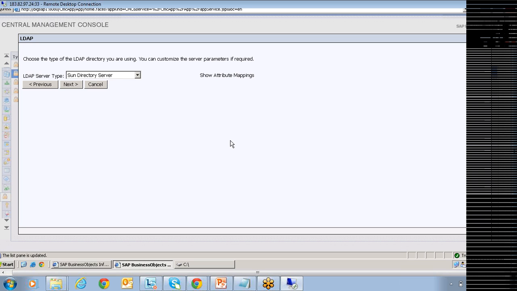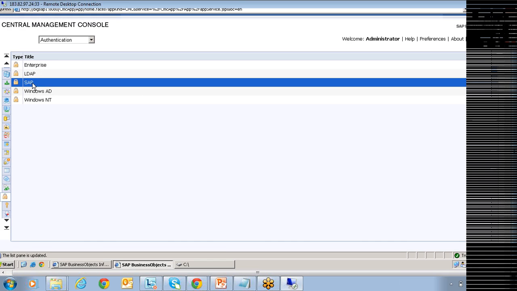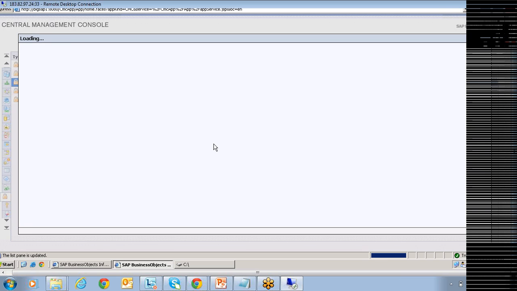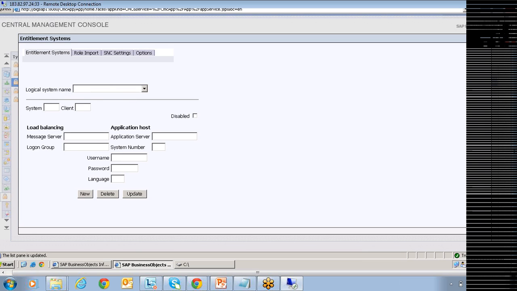For example, let's take an example of SAP BW user IDs. I have users that belong to the SAP BW application, and I want them to have access to my BO as well, but I don't want two different user IDs to be used, one for BO and one for BW. I want them to use the same account that they have used in BW and log into my BO machine. So in that scenario, you need to select SAP, double click on that,